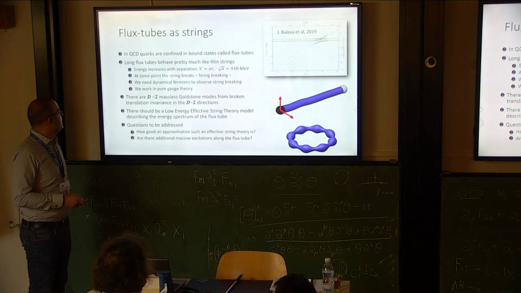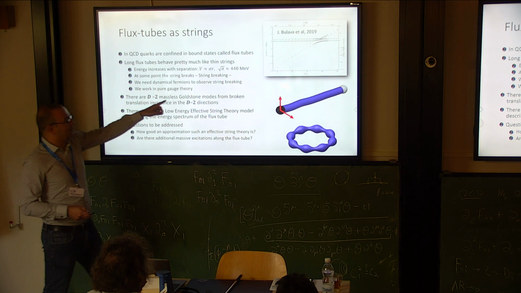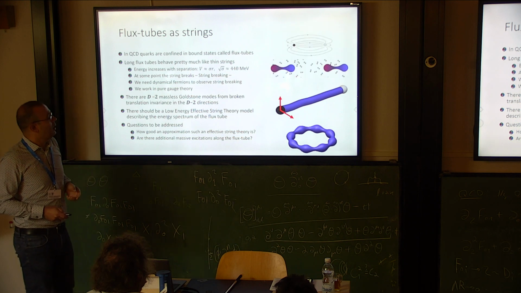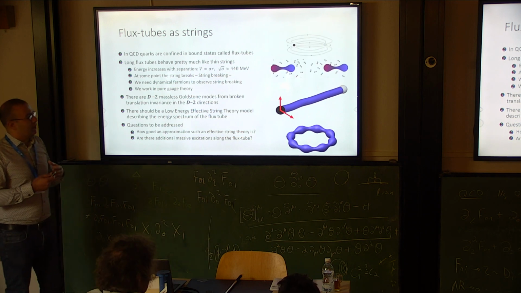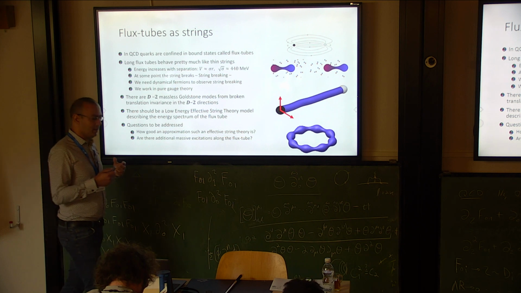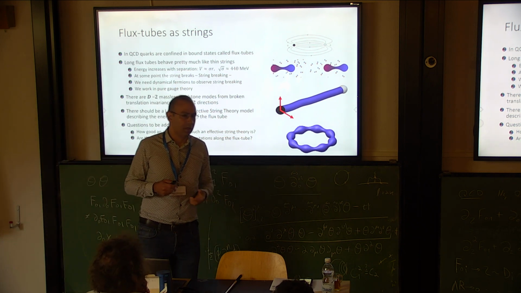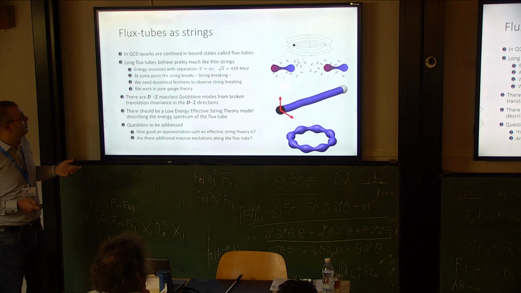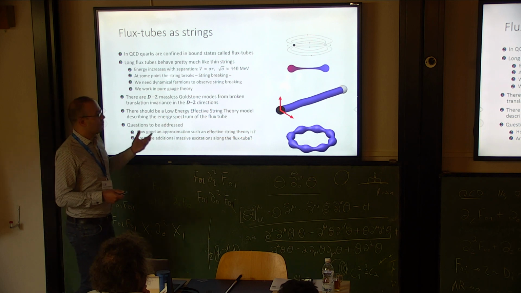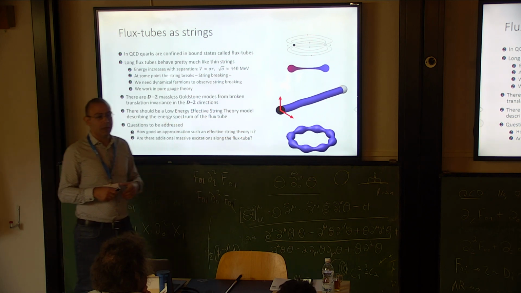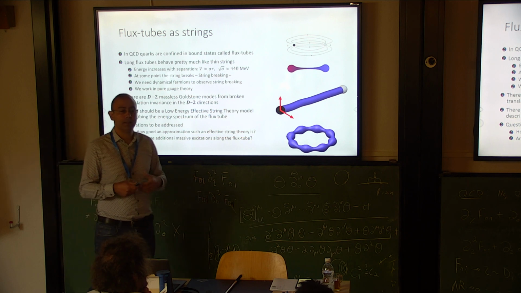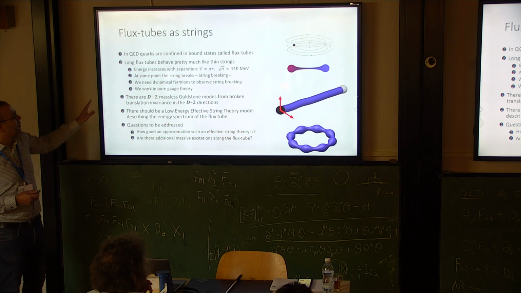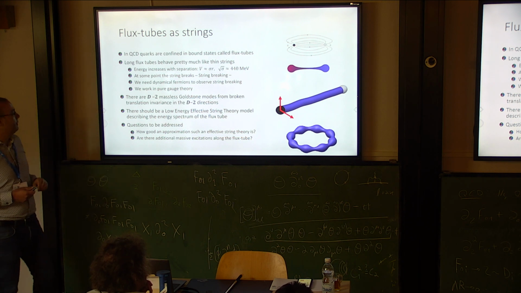Okay. However, in order to observe this string breaking, we need dynamical fermions. In our case, we just want to study the dynamics of the flux tube, and therefore we want the string breaking effect to be suppressed, and the only way to do it is to work with the pure gauge theory, where the vacuum cannot create quark antiquark pairs and initiate the string breaking, and therefore we are safe by choosing the pure gauge theory.